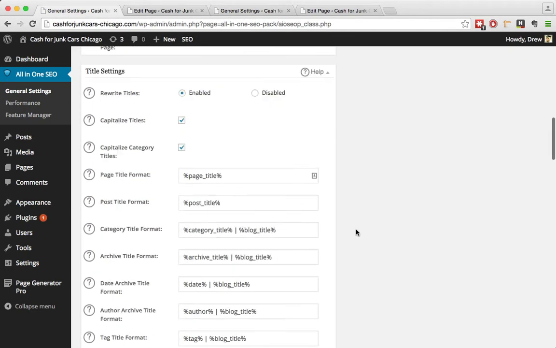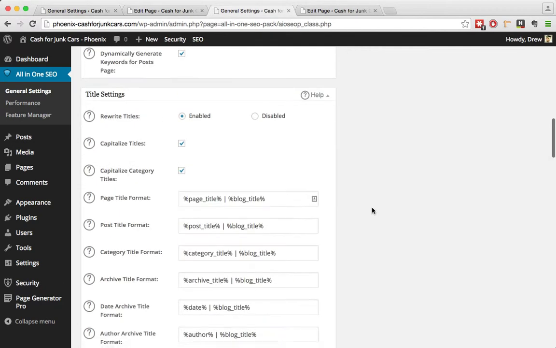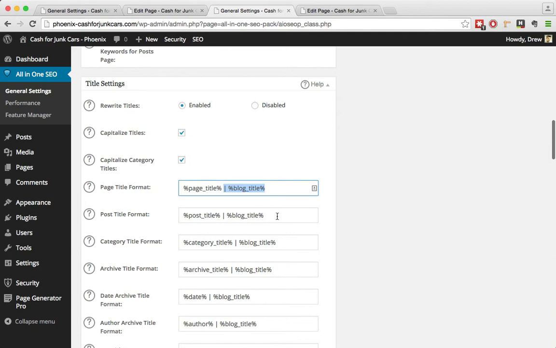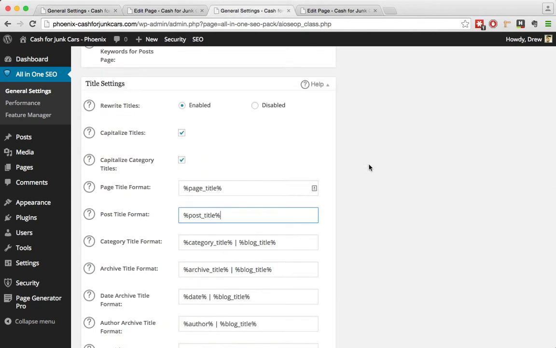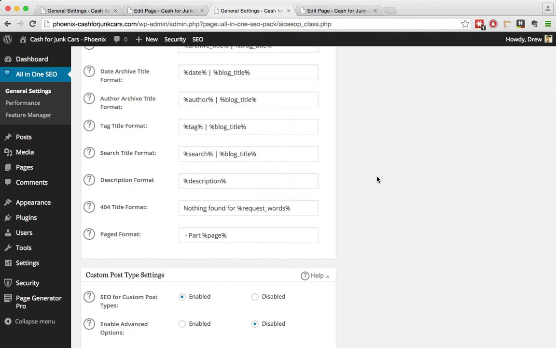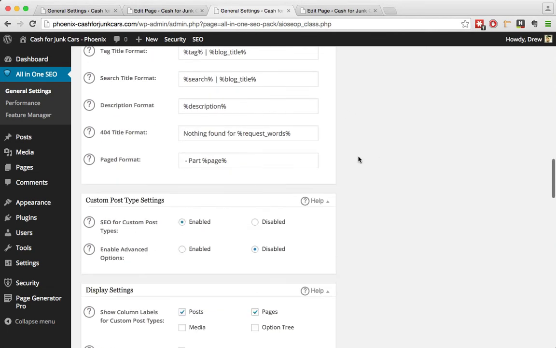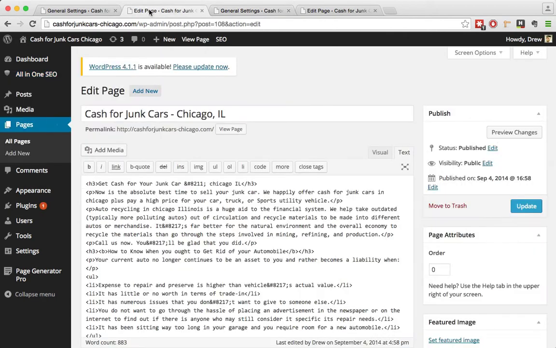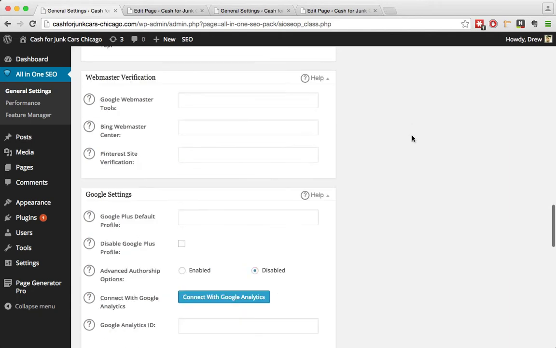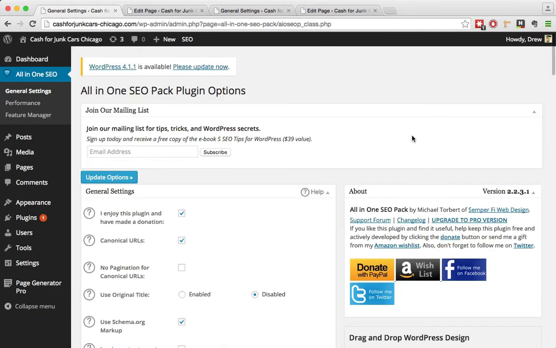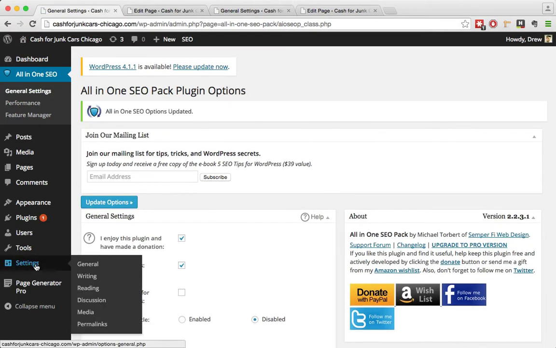So let's go down this list and we're going to take a look. I believe something down here changed. So come down here. All we want is page title, not blog title. Get rid of that. And then post title. I think that's the only thing that we did. Okay, so that's I believe all there is to it. Page, oops. Okay, and then we're going to go ahead and hit update options. And the final one is,